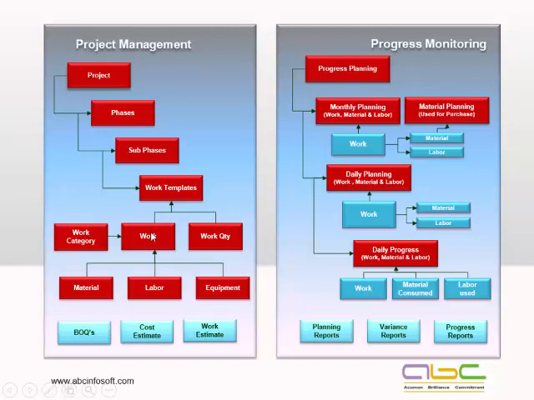So this will give me a complete work template for a particular subphase. Let's say for a 2 BHK flat, how many works and along with the work quantity would be required. So this will give me the complete BOQ of this particular subphase, and then as and when we attach the templates to the other phases, we can get the complete BOQ of any phase. It could be work category wise, work wise, costing wise. We can get the complete estimate and even the work estimate.